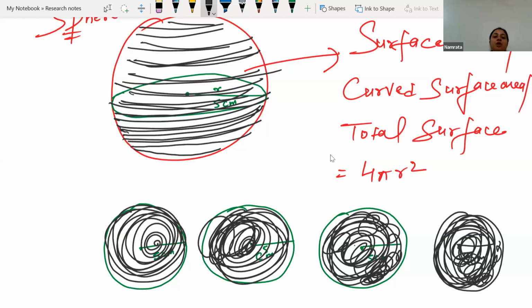That's why the formula for the sphere is pi r square, pi r square, pi r square, and pi r square. If we take the same radius and draw 4 circles, we are able to see that the curved surface area, or the surface area of the sphere,